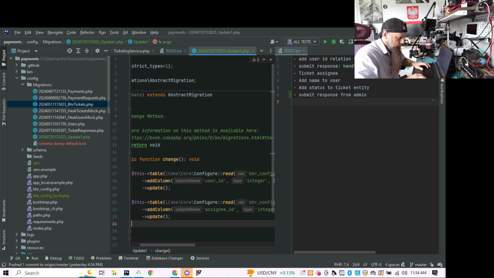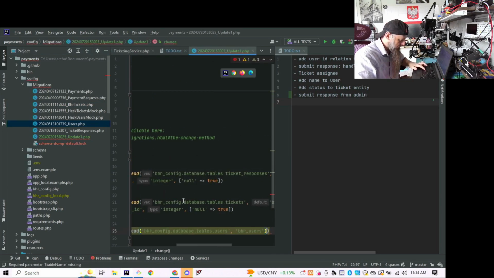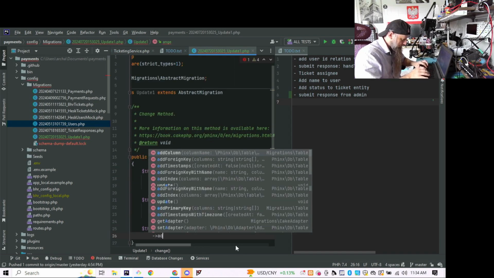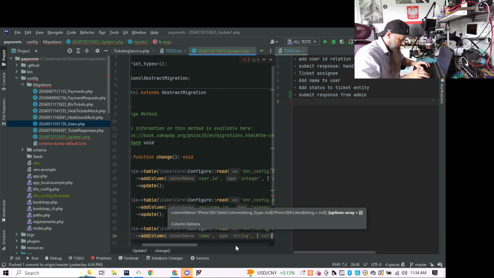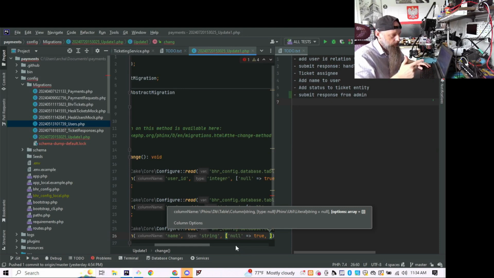Next, name to the user. So table users. And it's even selected, so fine. Tables users. We want name, which will be string, and at this point, since we're adding it here, we need to mark it as nullable. It should, because once we add the column, it will default to null, and it cannot be null, so I don't know. We can add a default, but I'm not sure if that's gonna work backwards. So let's just allow it to be null,